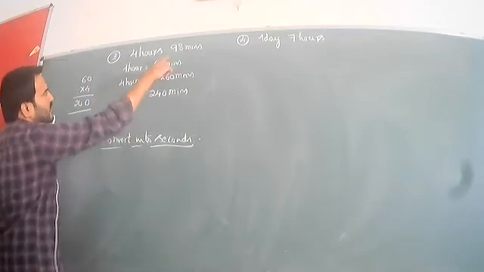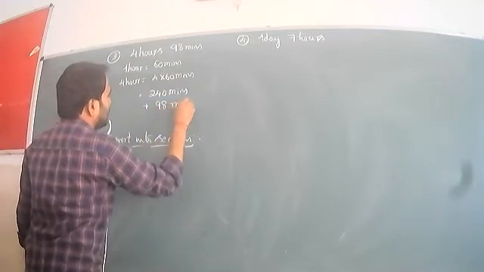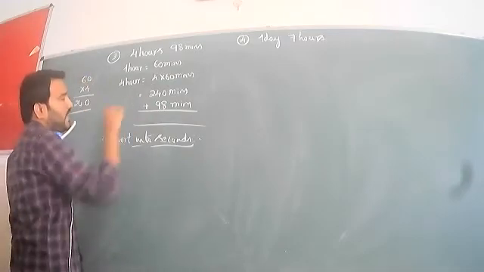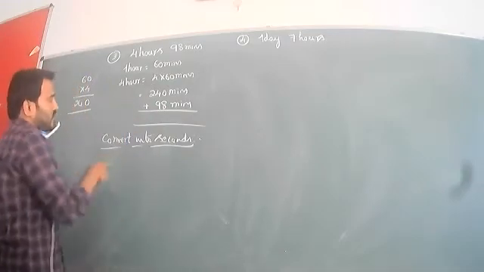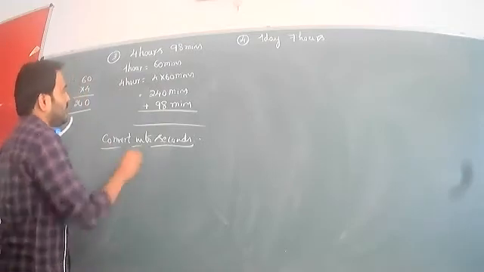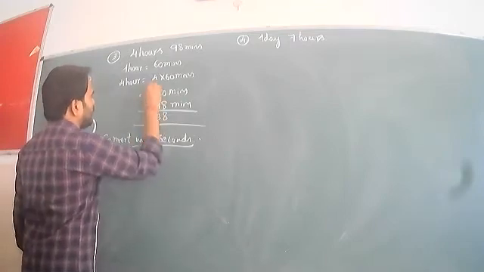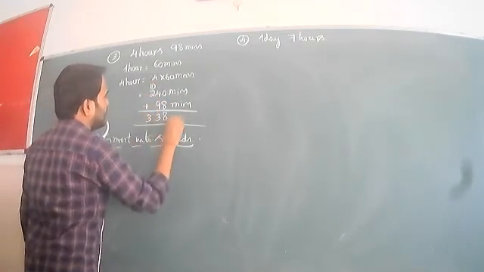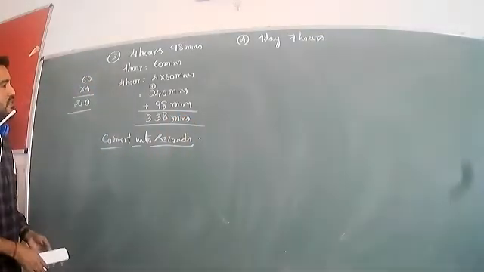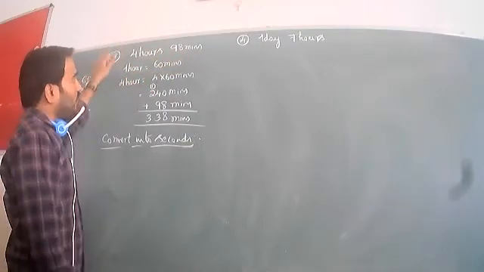Remaining minutes, what are the remaining minutes? 98 minutes we can add. So adding to the tens place and ones place. Don't add in the hundreds place. It is a 2 digit number, so we add in the tens place and ones place. So 0 plus 8, 8. 9 plus 4, 13. 1 carry, 338 minutes. Some of the questions may be 5 hours 56 minutes, 2 hours 96 minutes.